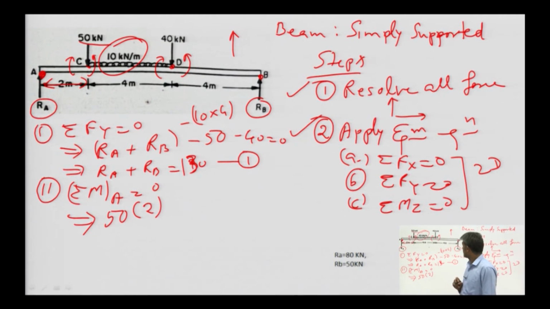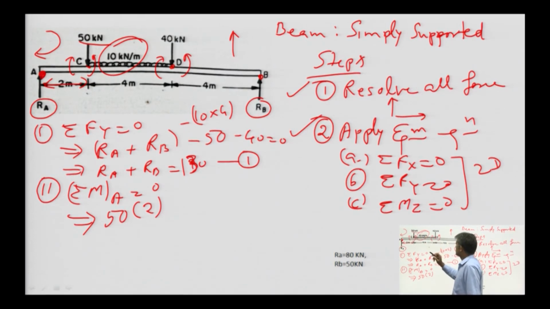Note down the direction. If I am taking this as positive, which direction of rotation have we taken positive? We have taken positive for this, since this is a downward force. So, moment about this will be in this direction, means clockwise direction we have taken as positive. You can also take this negative sign, no problem. So, this direction we have taken as positive 50 into 2.